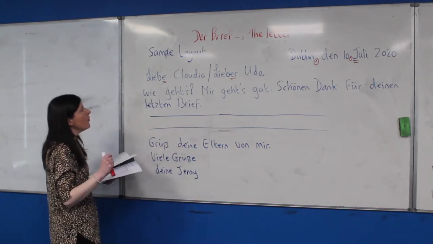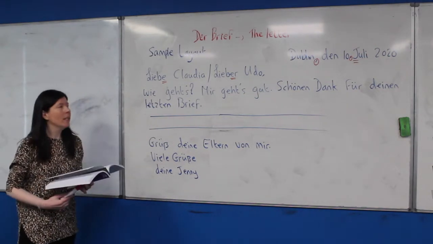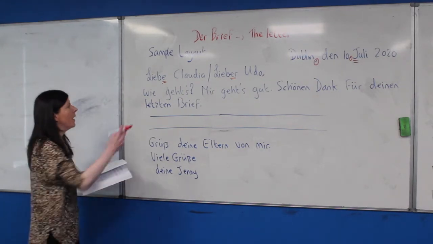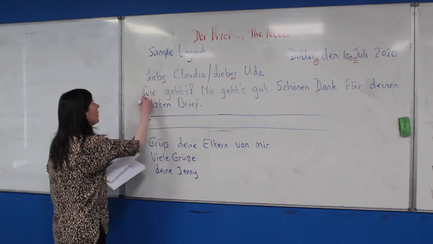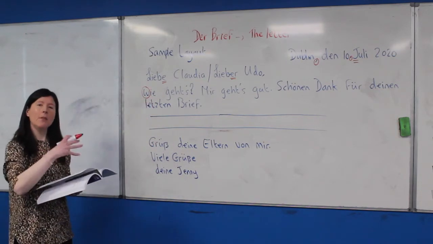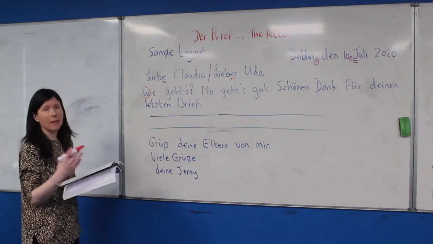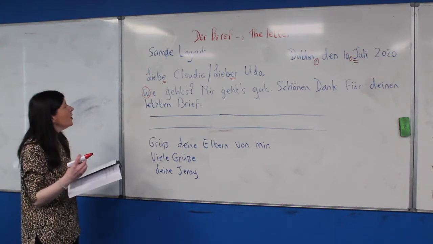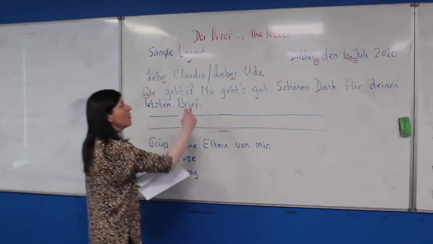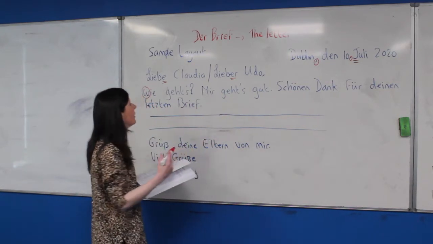Then when we start off, you'll notice here the W on V, that's wie geht's, how are you? That's a typical first initial greeting that you can add in there. So the first letter there, W, you'll notice is a small letter, and that's typical in German. If you have a capital letter, that will be on nouns, so nouns will have the capital letter. Okay, so wie geht's is how are you? Okay, you can then answer with mir geht's gut, I'm fine, okay, and then schönen Dank für deinen letzten Brief,